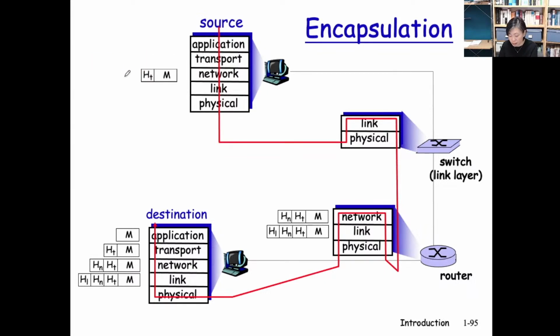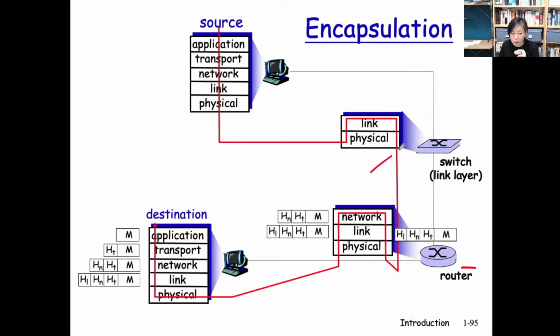And guess what? The network layer component is going to append some more information to it, and that is in the header as well. But this is the header for the network layer, HN. The whole thing now, the packet here at the network layer, is called a datagram. The whole datagram is going to be passed down further to the link layer. And guess what? The link layer header is going to be appended, and we call a packet at the link layer a frame. So this frame, now arriving at the physical layer, what the physical layer is doing is simply modulating the 0 and 1 bits onto the physical media. So it's going to go out shortly through the network interface and arrive at the router here.